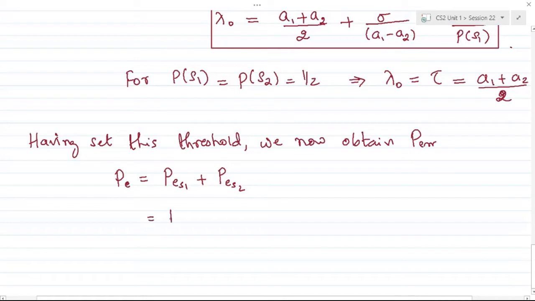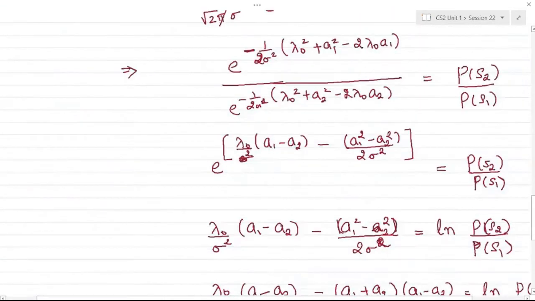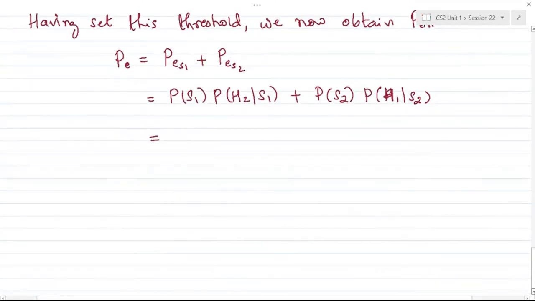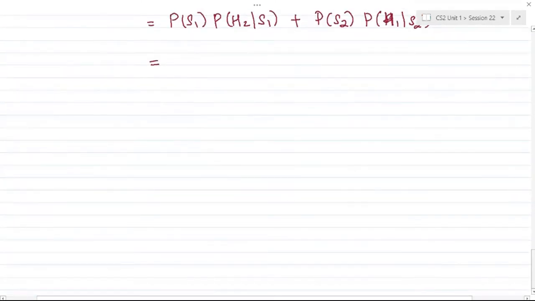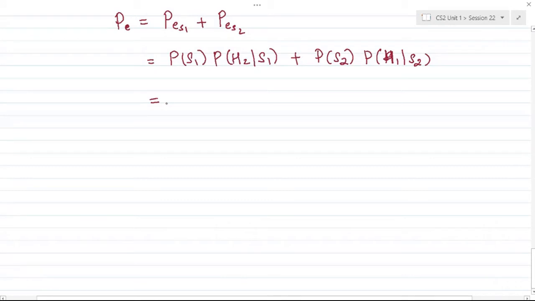We know that this can be represented with our basic relation, which is probability of s1 into probability of h2 under the condition of transmitted symbol s1, plus P of s2 times P of h1 given s2. Let's continue doing this, similarly to what we had done in the last session. But now the threshold is not at the crossover point, it is at some arbitrary point. So the integral will be with respect to that threshold, which will give us the minimum value of